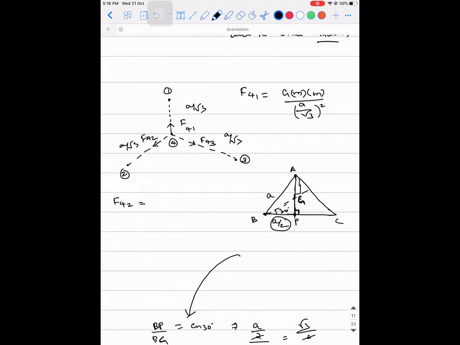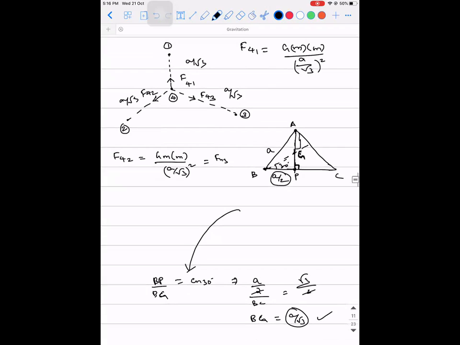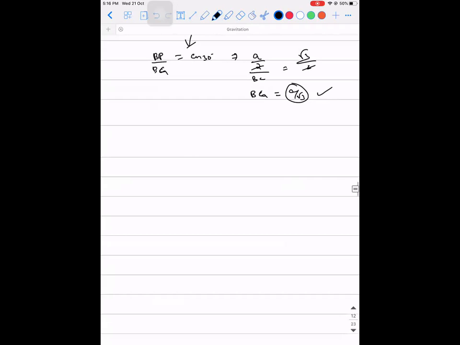Will be the same, sir. Yes, it is. F43 is also the same. But what is not the same? Directions. Yes, the directions are not the same. So if I call F41 is equal to F42 is equal to F43 is equal to F, then if this